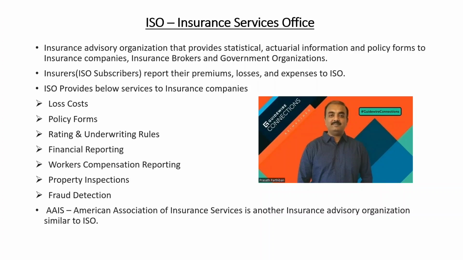In 1971, a few insurance companies joined together. They wanted to share the database or the data so that collectively they can analyze the data and come up with better pricing. Down the line, every year it got optimized. At one point in time, there is a company called Verisk, which they formed as a separate company. And currently ISO is owned by Verisk.